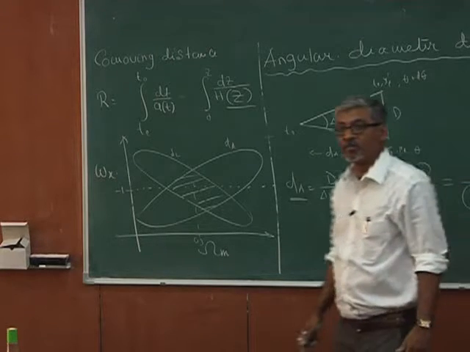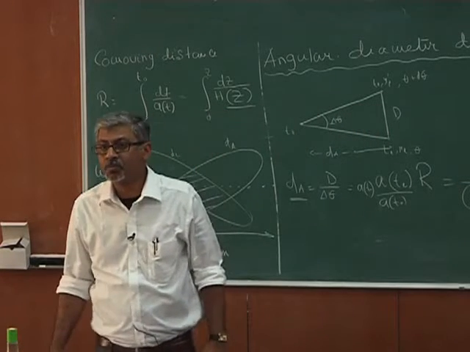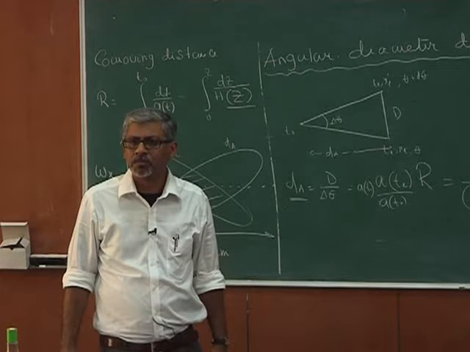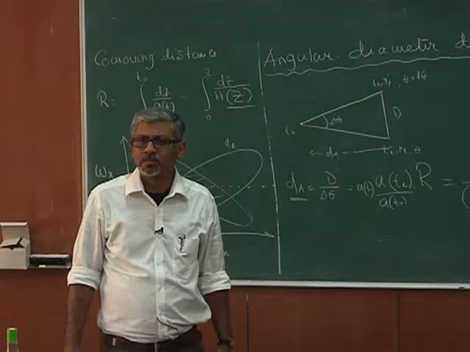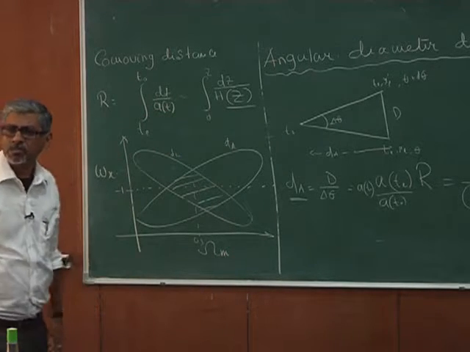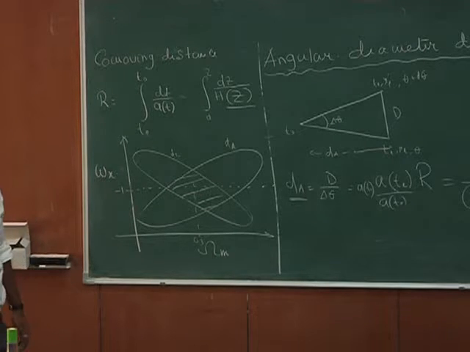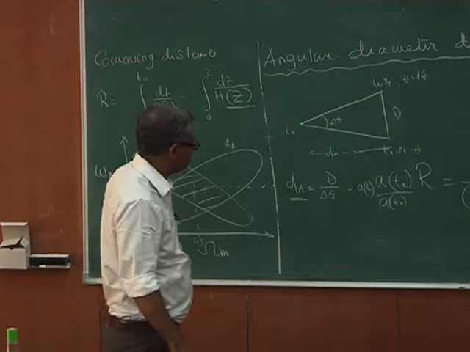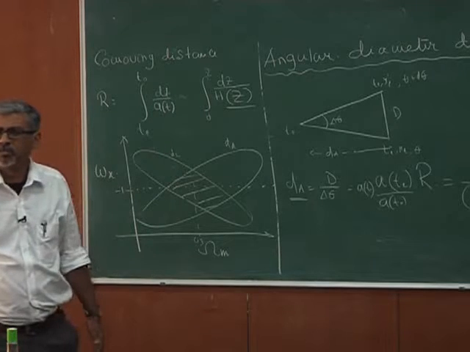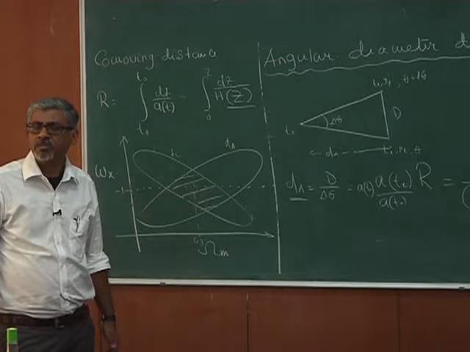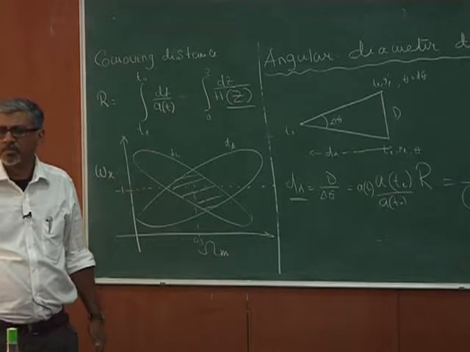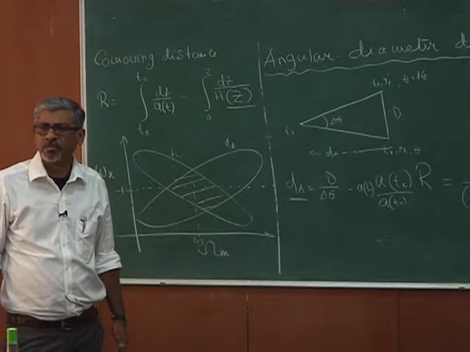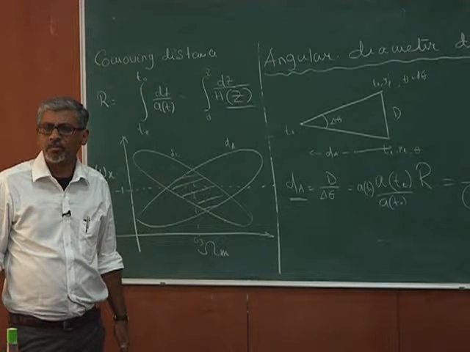Sir, if I try to plot this angular diameter distance for any cosmological model, I generally observe that we get a peak at around z equal to 1, and then dA starts to decrease. Mathematically it shows this behavior, if I assume H(z) from Omega_m 0.3 and 0.7 composition of the universe, and plot dA versus z, then we observe that it reaches a maximum at z equal to 1, and then it starts to decrease.